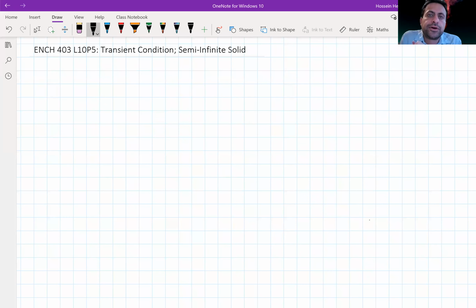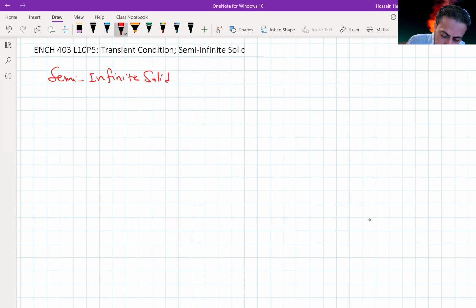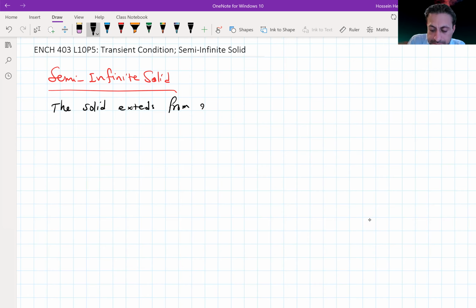Another geometry where we find transient heat conduction, or where we solve the heat diffusivity equation, is the solid when it extends from 0 to infinity, or what we call a semi-infinite solid. Which is when the solid extends from x equal to 0 to infinity, such as